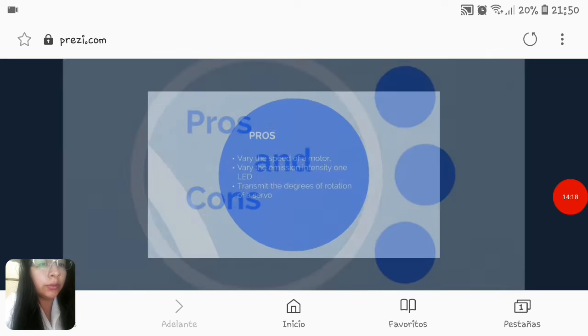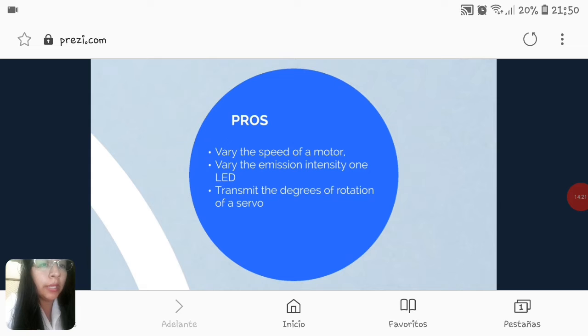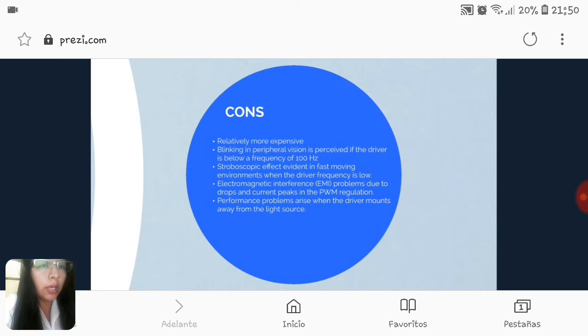Pros and cons. Pros: vary the speed of a motor, vary the emission intensity of LEDs, transmit the degrees of rotation of a servo. Cons: relatively more expensive,